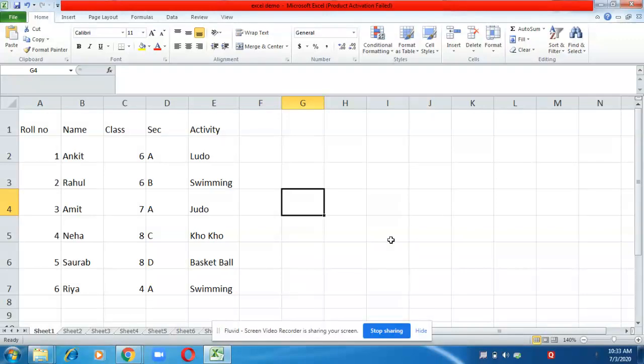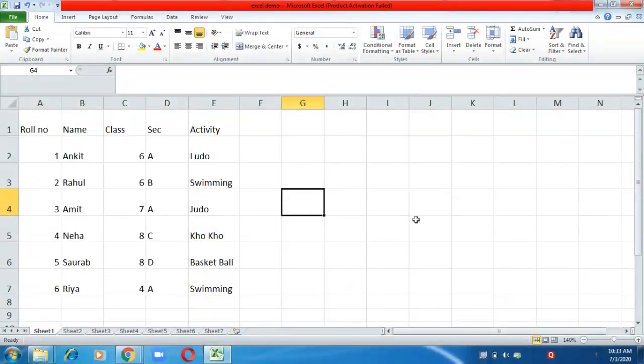In the last class, we have already done how to use MS Excel, how to insert the data in MS Excel, what are the different types of data which we can enter into the Excel, how to save a file, how to do copy and paste, and how to move, what is an active cell, what are the addresses of the cell, how to change height and row. So all this we have done in the last class. Now today we will learn how to do formatting in MS Excel.